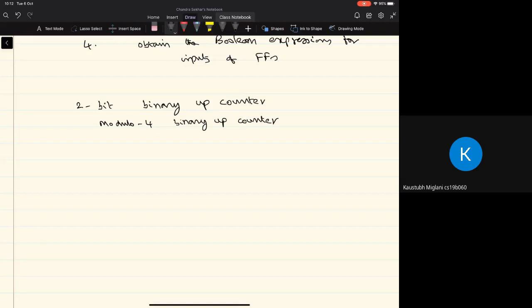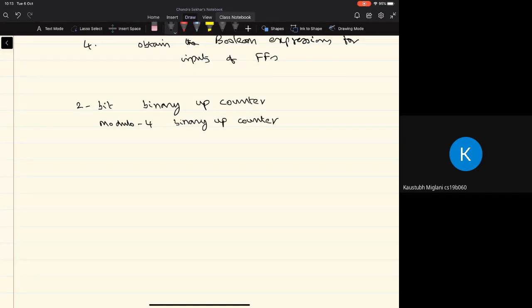And it's a 2-bit counter because the whole circuit is represented by an output in the form of 2 bits, right? So if the output is in the form of 2 bits, the different values the circuit output can take are the combinations like 00, 01, 10, and 11, right? So these are the count values. So they correspond to the decimal values like 0, 1, 2, and 3, okay?